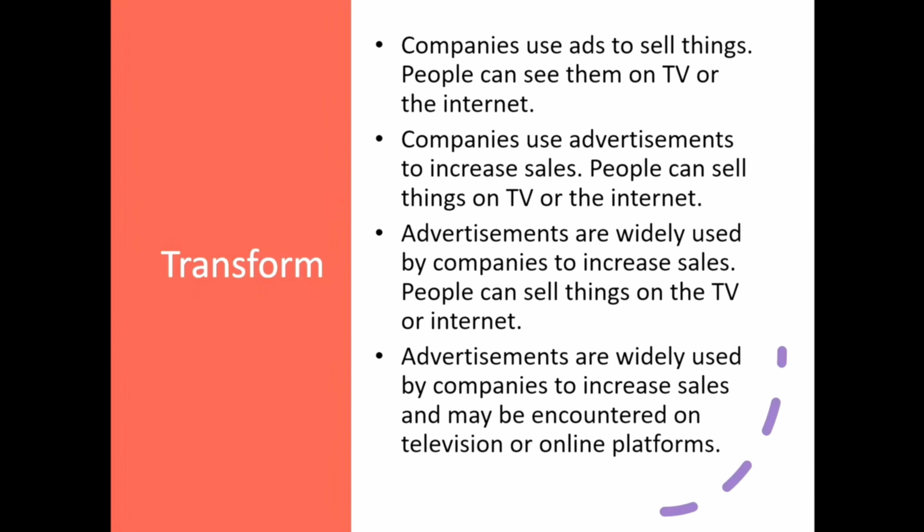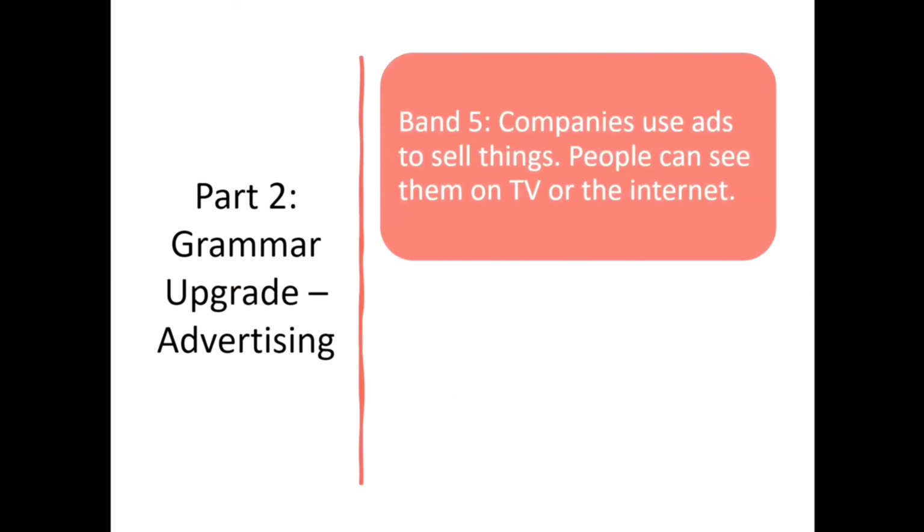And may be encountered on television or online platforms. So this time all we did was use "and" and it's a much better sentence already. No great marks for using "and", but the sentence itself is complex and loaded with good grammar and good vocabulary. So we've gone from "companies use ads to sell things, people can see them on TV or the internet", and